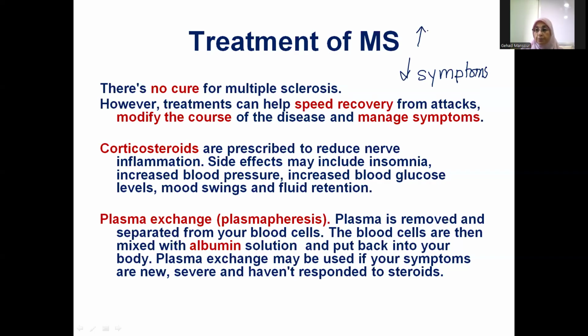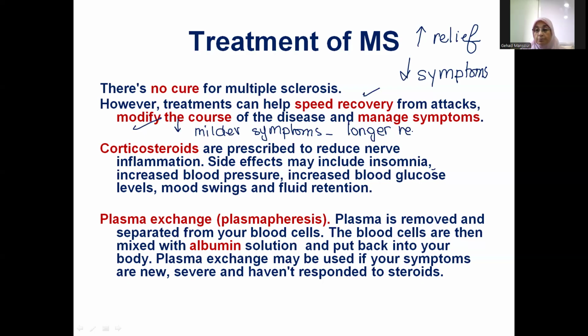You might speed up relief and recovery. And when we say recovery, we mean recovery from the present attack, not recovery forever. And in addition to speeding the recovery, you can also modify the course of the disease. Modifying the course of the disease means that the disease will still be there, but we will have milder symptoms, we will have longer